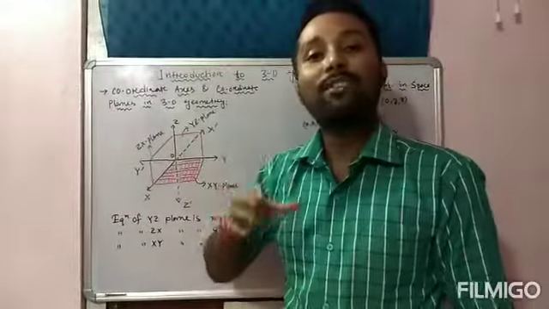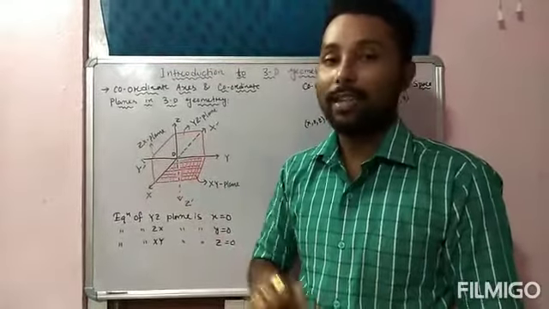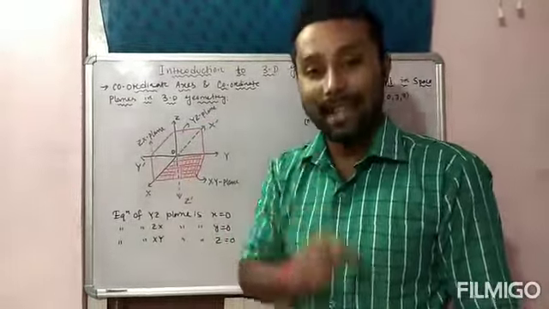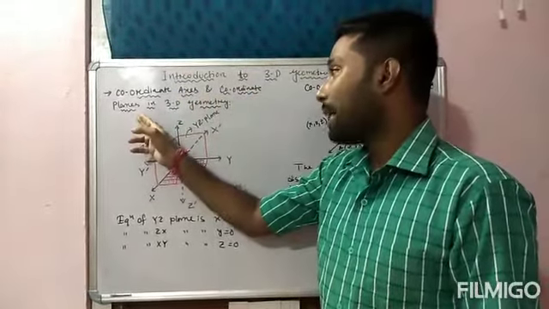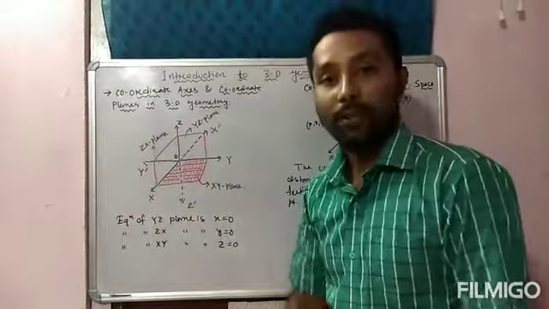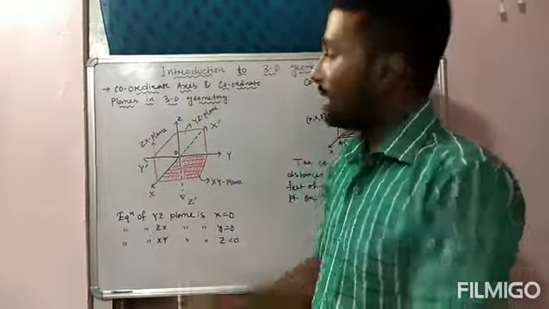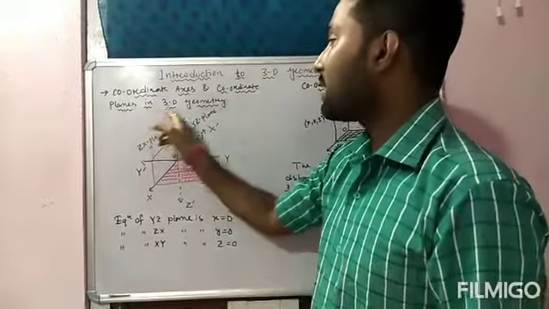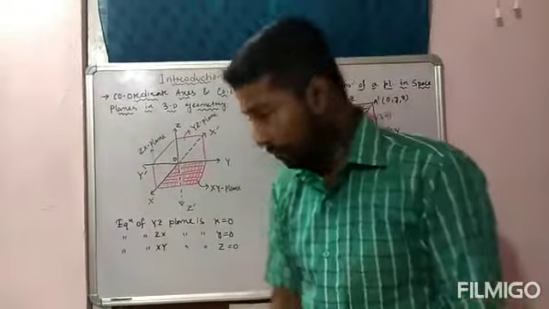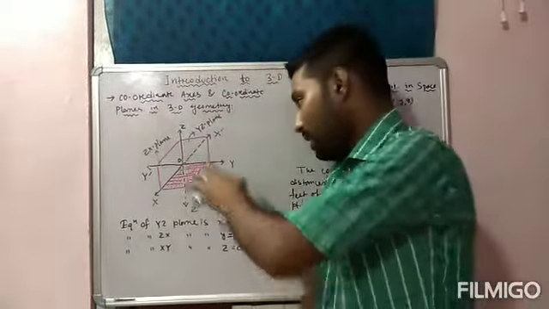Axes is the plural of axis. Okay, there are 3 axes, x, y and z axis. So coordinate axis and coordinate planes in 3-dimensional geometry. First subtopic is coordinate axis and coordinate planes in 3-dimensional geometry. So you see this figure,